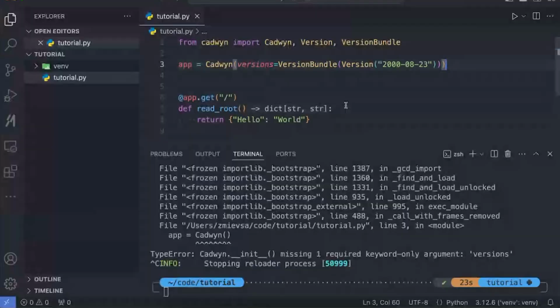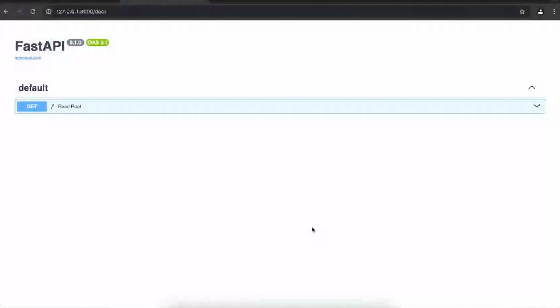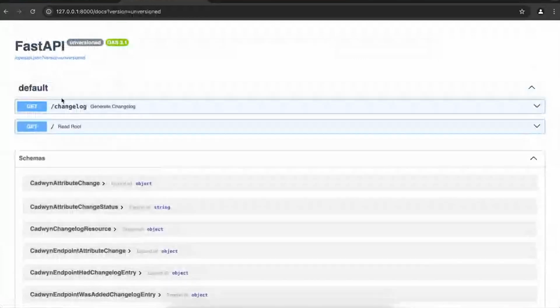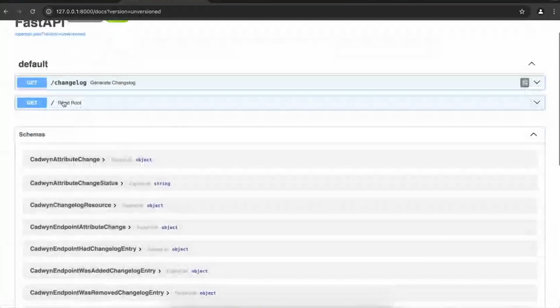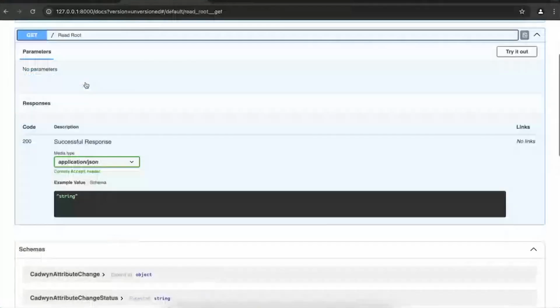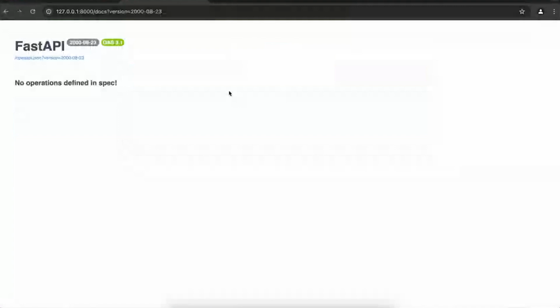So we're fine with just going forward in time. Yeah. Okay. Now this should already work. Let's run it. Let's see it. Boom. So now, instead of getting our Swagger page, we are getting this Swagger dashboard with each version defined here. And so if we go to unversioned, we have automatic stuff that Cadwyn has created for you, and which we'll explore someday later. And we have our endpoint, the old endpoint that we have defined in FastAPI. We also have this special page for this version, but it's empty.